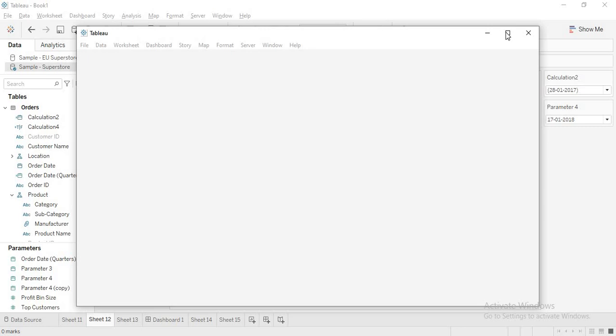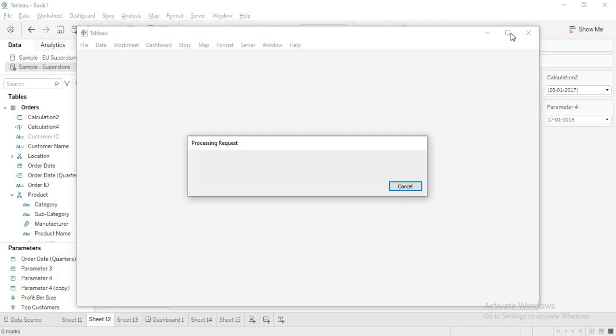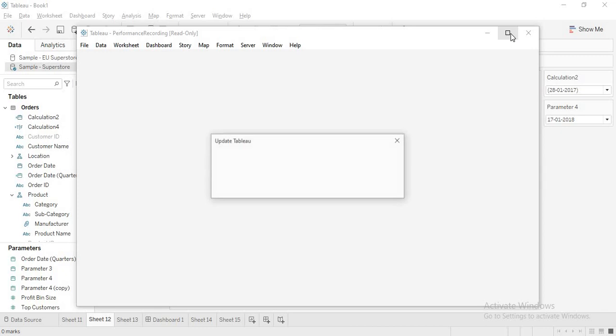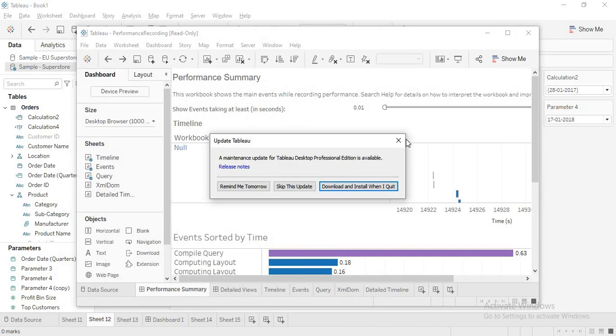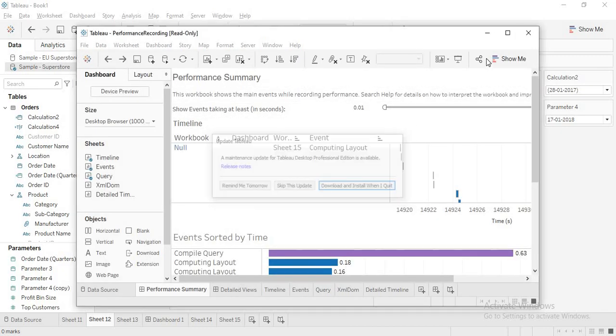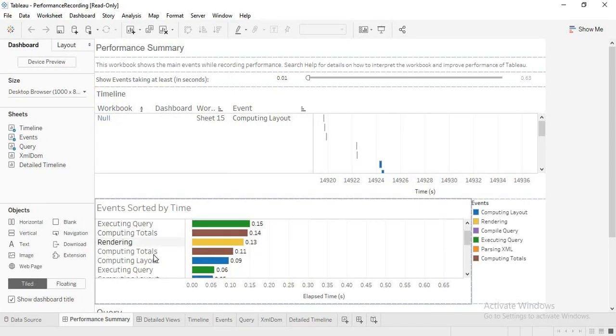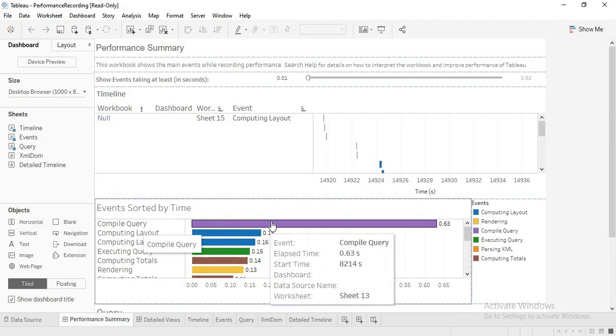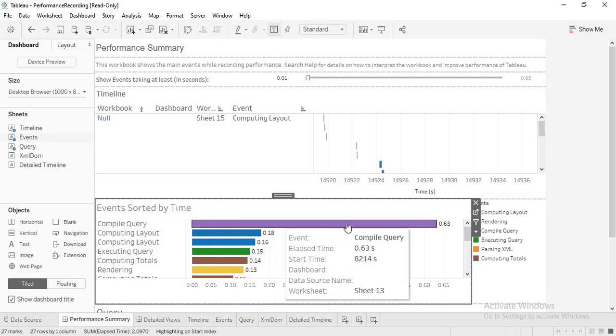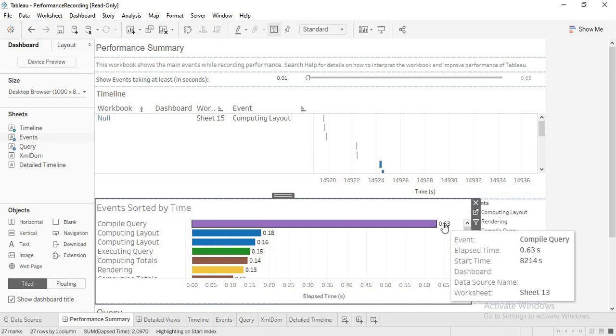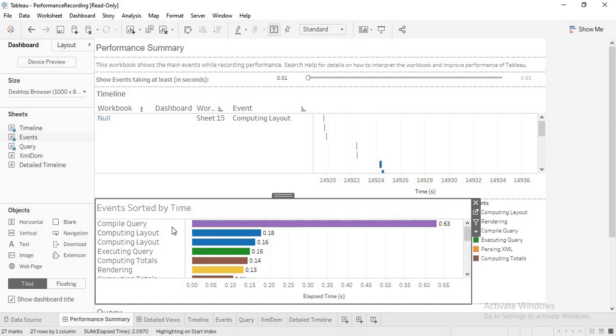So it will give you a dashboard which will contain all those details. Now it will show you, see here, compiling query, and the time taken. It is saying it is taking 0.63 seconds.